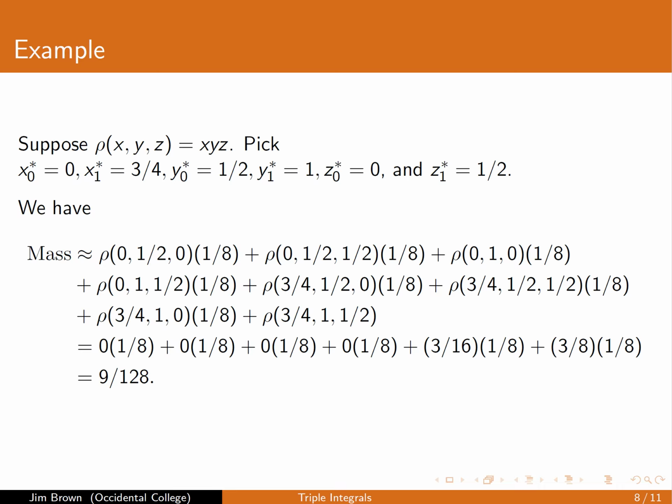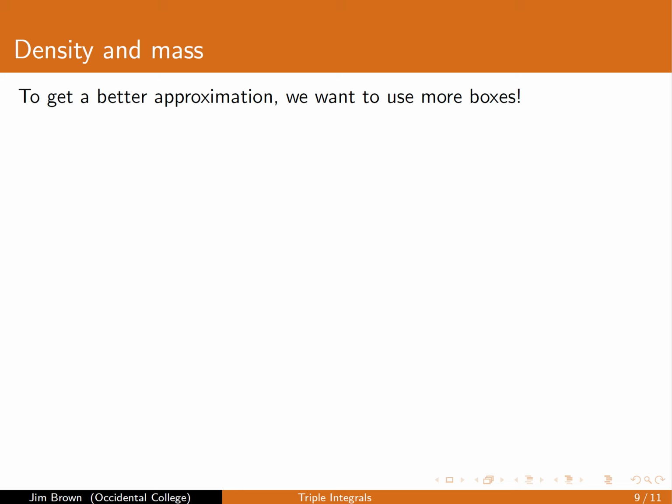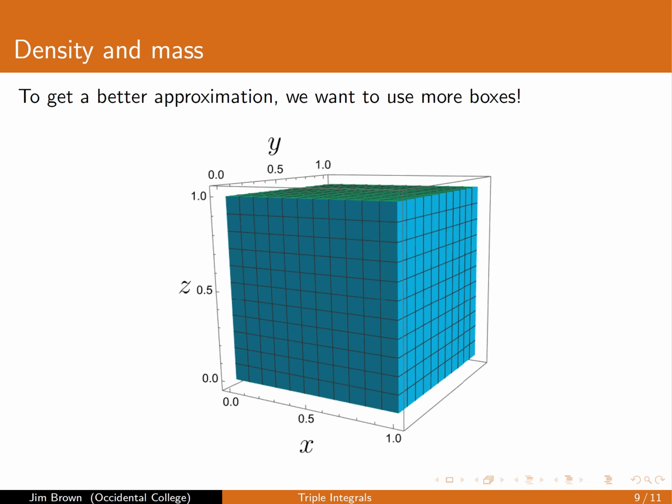So you can see this is essentially just like doing a Riemann sum from Calc 1 or Calc 2, where the only difference is here we've got more variables, so it just gets a little messier. Now, just like in Riemann sums for Calc 1 and Calc 2, if we use more boxes that are smaller, we're going to get a better approximation, because saying the density is approximately constant on a smaller box is definitely more accurate